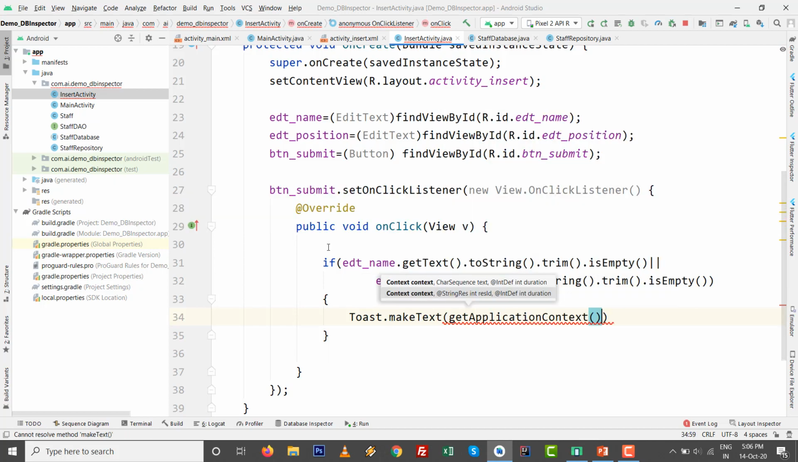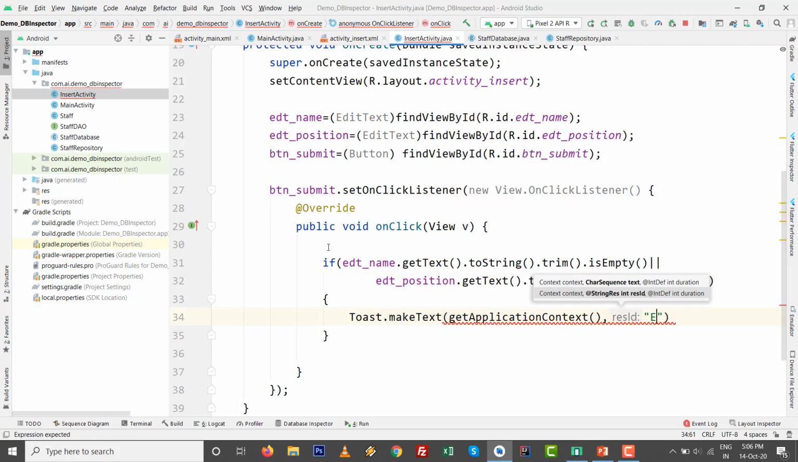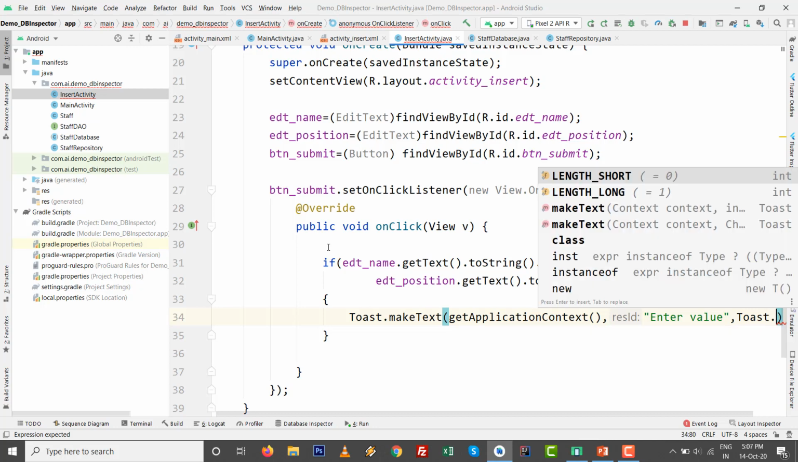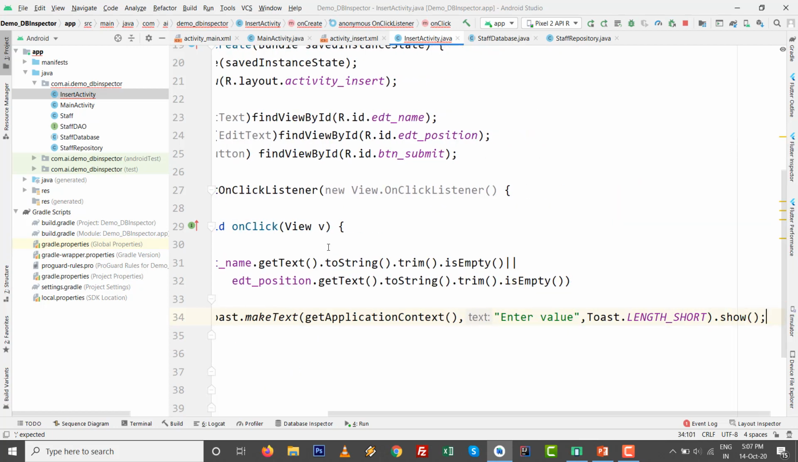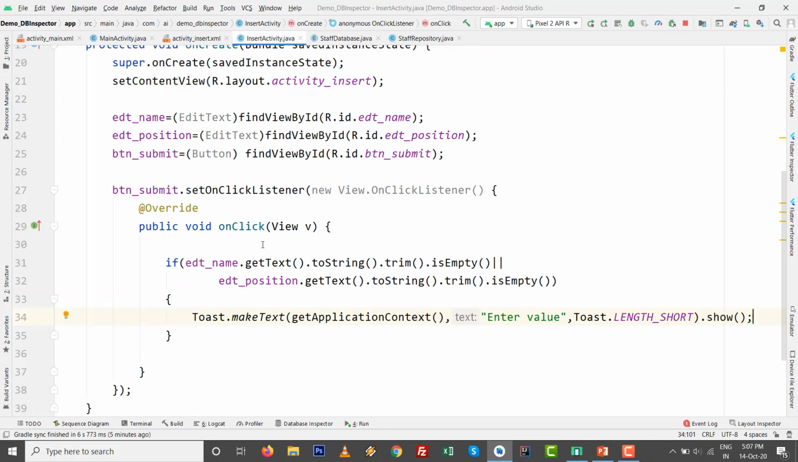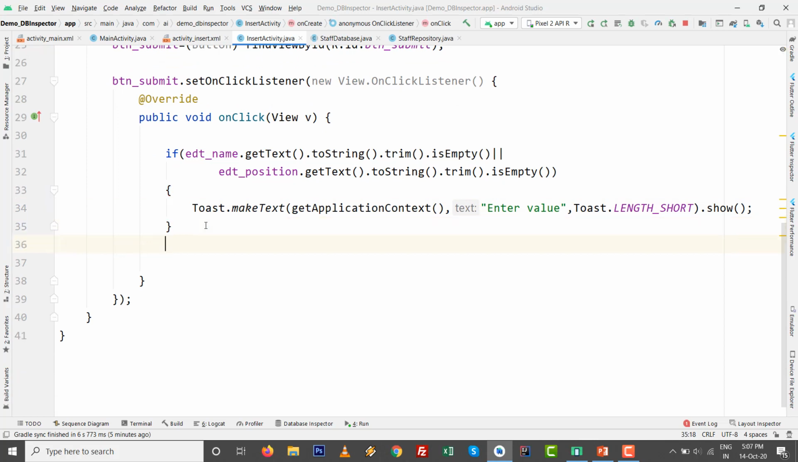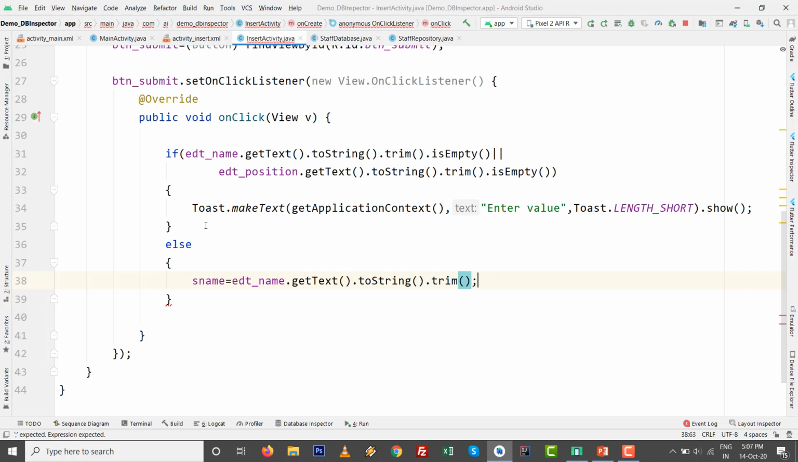Toast dot makeText, then getApplicationContext, enter the value we want to write, and Toast dot LENGTH long or short, whatever length you want to set, but always remember the dot show method. So press the semicolon, and inside the else part we are going to write the code to fetch the values from the UI. UI means user interface. So sName equals edtName dot getText dot